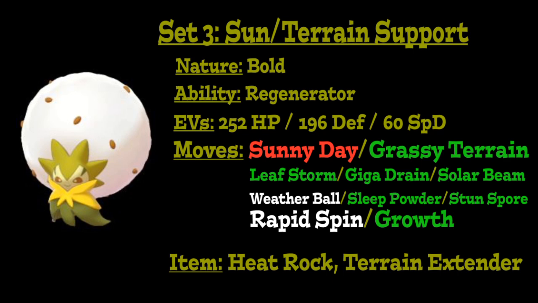Moving on to the third moveset, we're going to be using Eldegoss a little bit more as a specialized support Pokemon for teams that are going to be wanting to make use of Sun or use of Grassy Terrain. So we're going to start this one off again with a Bold Nature to increase your physical defense but lower your physical attack, and for the ability only going with Regenerator this time, as it is absolutely amazing for this particular support set. As for the EVs, we're again going to go with the mixed defensive EV spread, but for